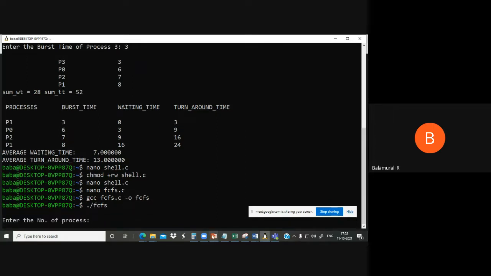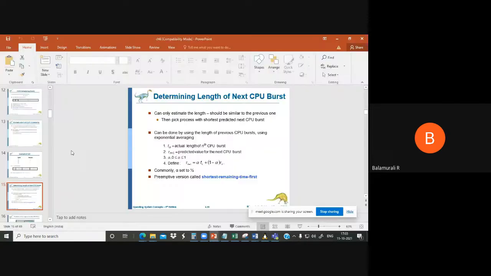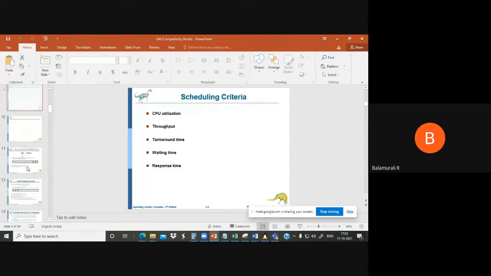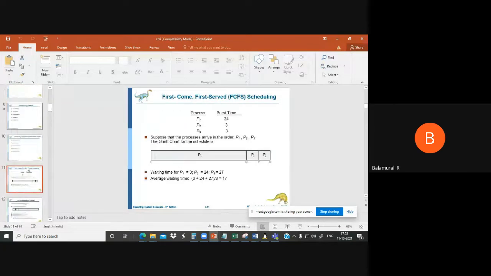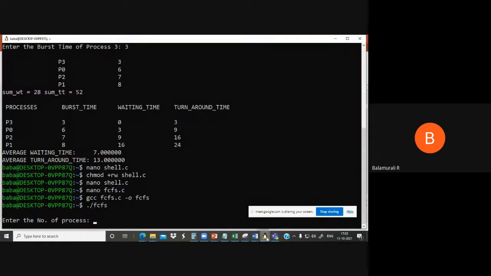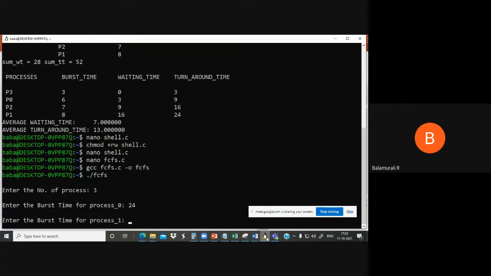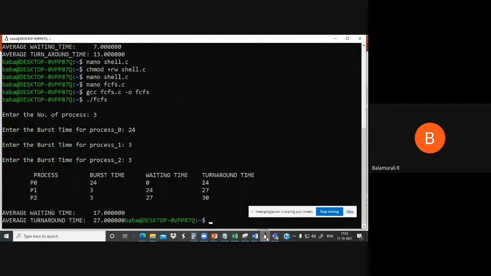I'll take the problem which we have discussed in the class. This one, there are 3 processes. 24, 3, 3, that is the burst time. So 3 processes. Zeroth process, burst time is 24, then 3, then 3.